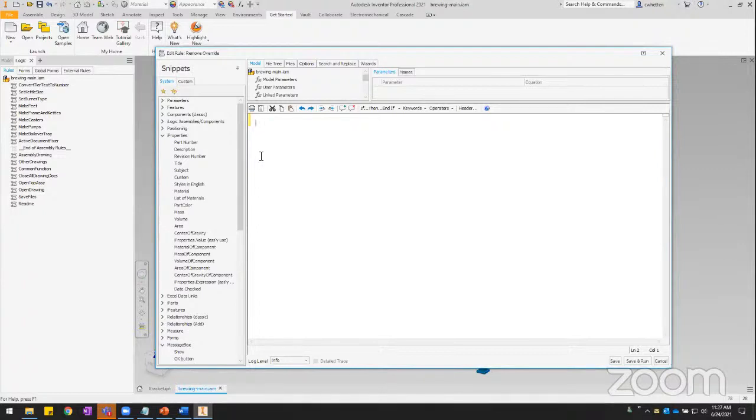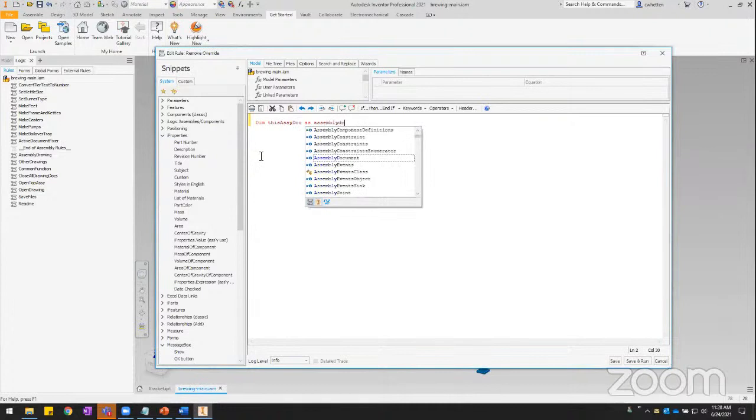That's a pretty simple thing to do. Basically, I'm just going to use a For Each to loop through all the different components in this document. Just for convenience, I'm going to Dim the assembly document and set that equal to